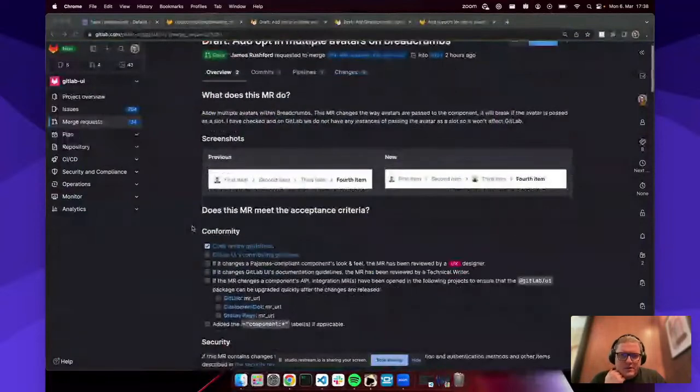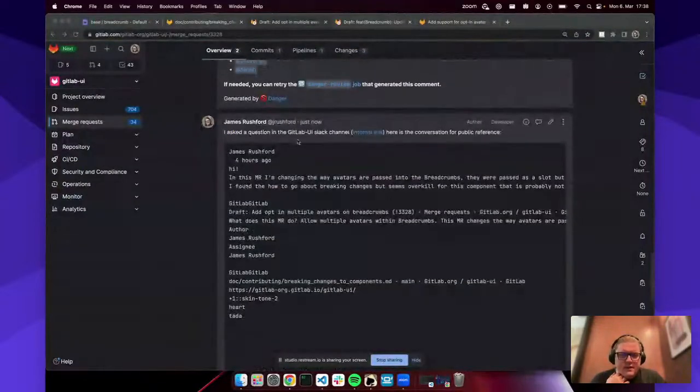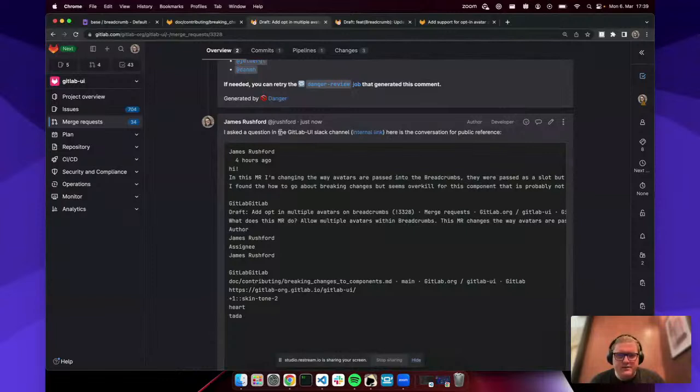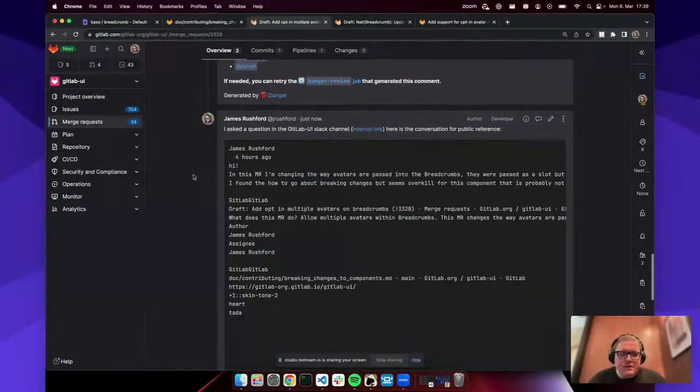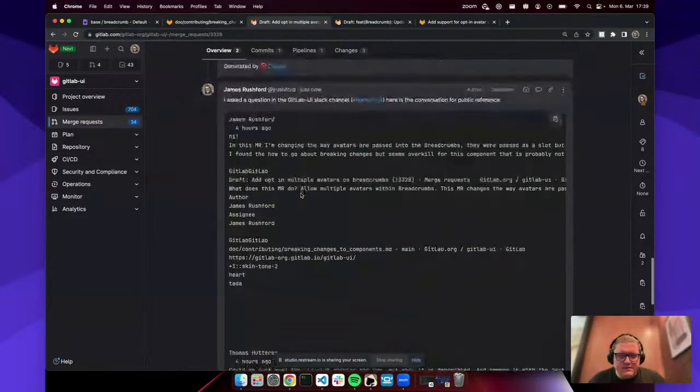Okay, so where we left off was I said I was going to ask how do we deprecate something on GitLab UI? How do we make a breaking change? I said I would ask in the issue. I didn't. I cheated. I asked on the GitLab UI Slack channel, something you can only do if you're internal, but I am internal and it's faster, so I did it this way. Yeah, so anyway, here is the copy pasted Slack channel